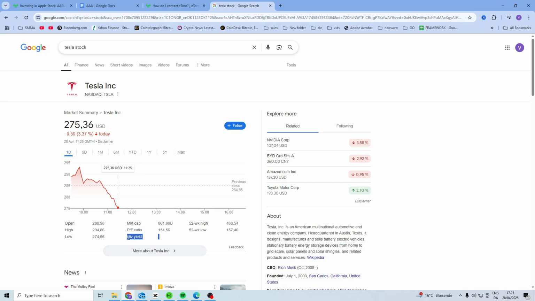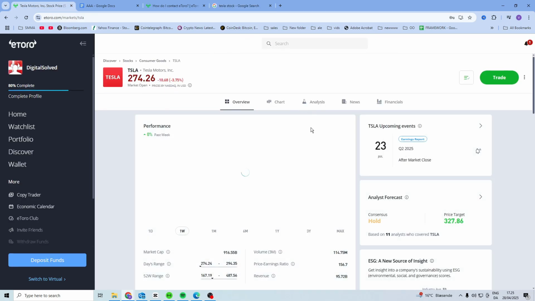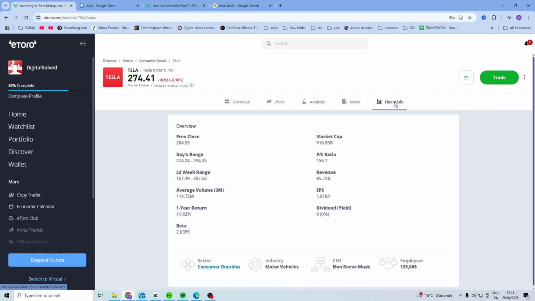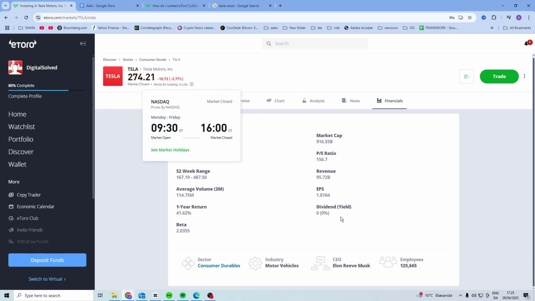So you see here, there's no dividend yield for Tesla. So that means Tesla doesn't do dividends. So if you come back here and you search for Tesla, you will see that this should match. Financials, 0% dividend yield. So you need to make sure that you buy the stocks with dividends,